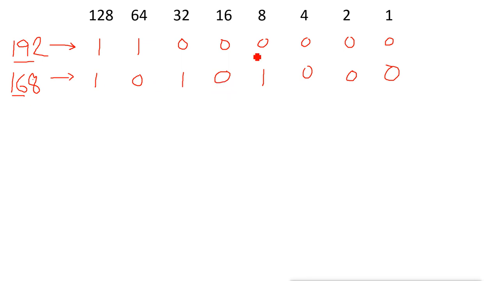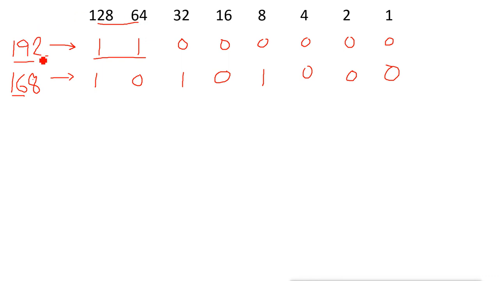So this decimal is coming from this binary. Each binary bit has its own decimal value. When the bit is on, we count that bit, and when the bit is off, we do not count that bit. So when these two bits are on, we combine these two values, 128 and 64, and the value which we get is 192.